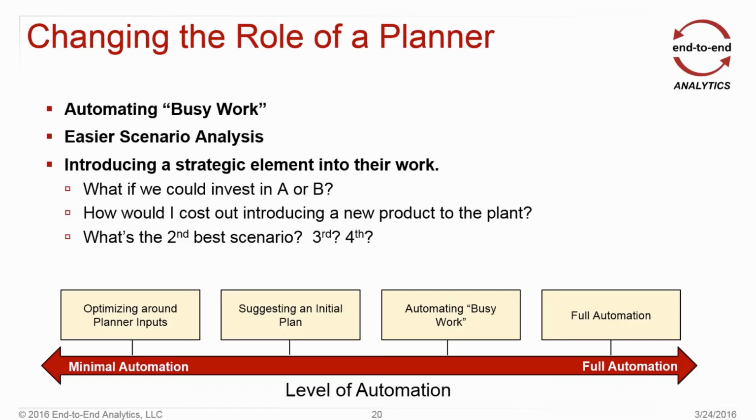To be able to consider that, you can do a number of things. You can optimize around a solution, right? They can put into place things that they don't want to change. You could take that as constraints in your model and figure out the rest. Or you could look at creating an initial plan of optimization and letting them use that as the basis for their solution, so they're at least starting from a good point rather than starting from scratch. So one of the things to think critically about when you're doing this is what's the right way to employ this optimization model?